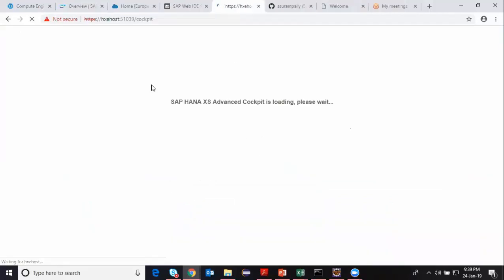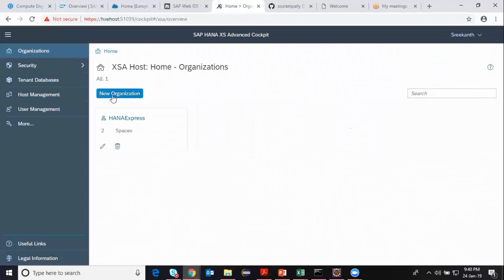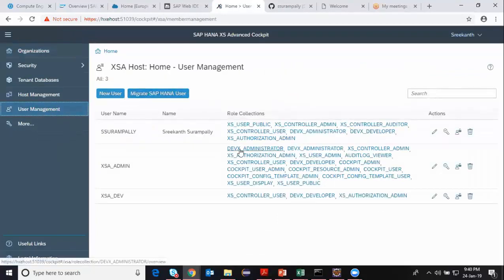So there's another administrator cockpit where you can build your users. You can start creating your user management. You can assign the role collection, your security, host management, there's whole service management, and etc. In XSA, which you can do. This is not database security and database administration. It's access application management, because you understand that